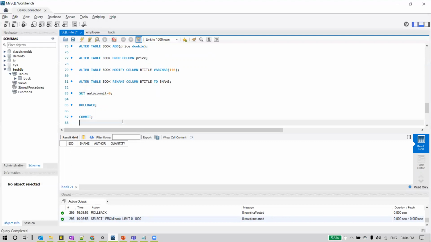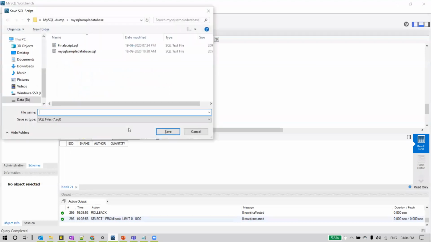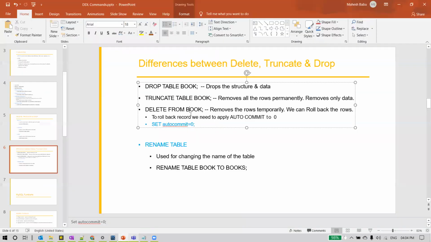Now why are we discussing this, so there's a point here. You can see here delete from book. We just now saw all the different cases: it removes the rows temporarily. Why are we saying it is temporary? Because we can roll back the rows. This we also saw just now. We executed this command delete from book, and the rows got deleted.